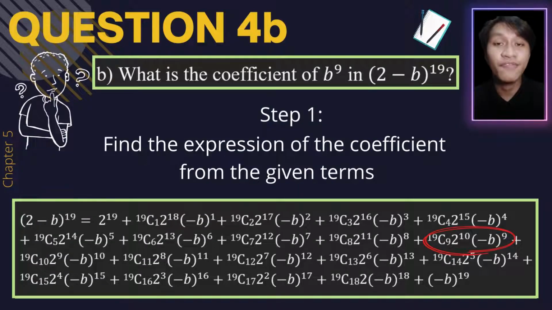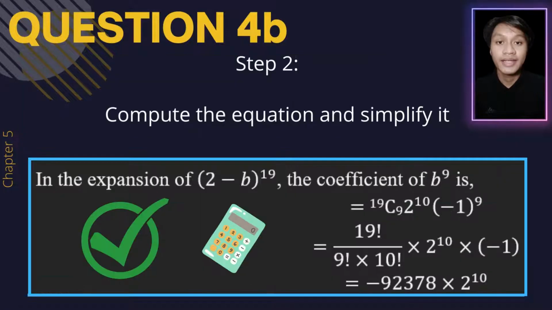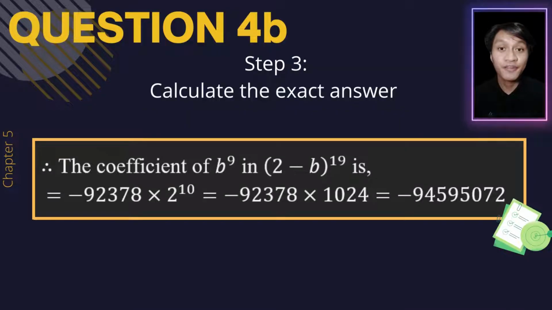For part B, we need to find the coefficient of b to the power of 9 in an expression of 2 minus b to the power of 19. Same goes to the previous one. We need to find the expression of the coefficient from the given terms using the binomial theorem. And as we can see from the red marks there, that's the expression of b to the power of 9. We can stop expansion there if we want. Next, we can compute the equation and simplify it. So, from there, we can calculate all of the numbers to find the exact coefficient of b to the power